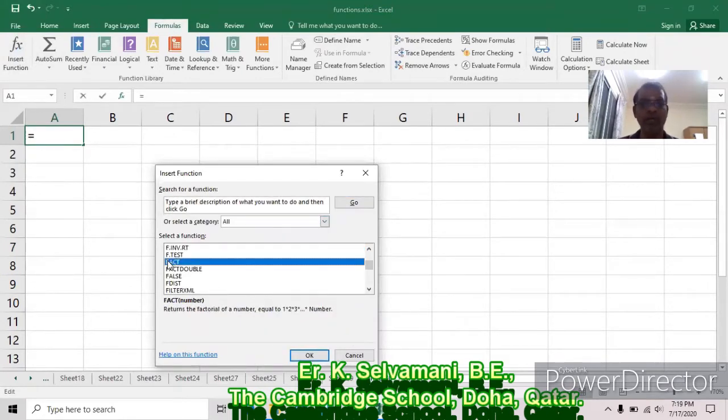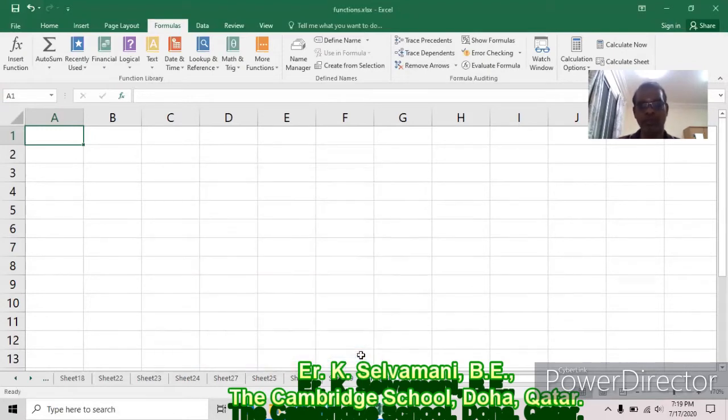Fact. Already we know factorial. So for example, we want to find out the factorial of number 3. In mathematics, we use factorial many times. Factorial of number 3 is nothing but 1 multiplied by 2 multiplied by 3. Whatever may be the number, the factorial of that number should start from number 1 multiplied by 2 multiplied by 3, and so on up to that number itself. This is the factorial of a number.